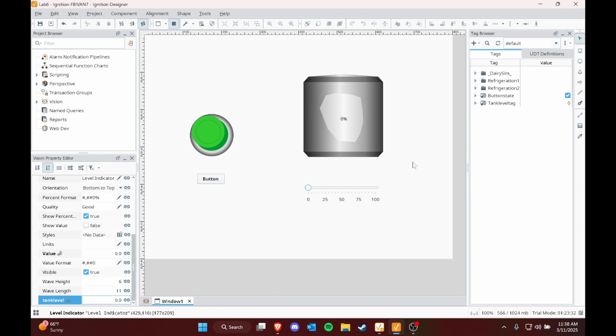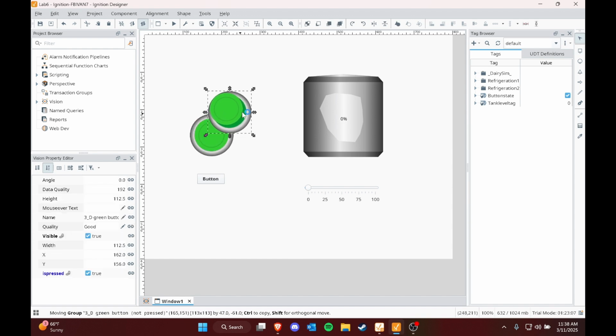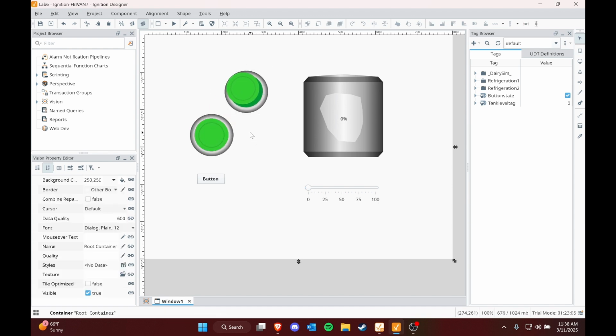Now, with that, you may have noticed these two little tags over here change. So let me get out of preview mode, and I'll show you. So, I have a button state tag, which is for my little group here, and my tank level tag, which is for this little group here. So, this little animation is actually two different buttons,